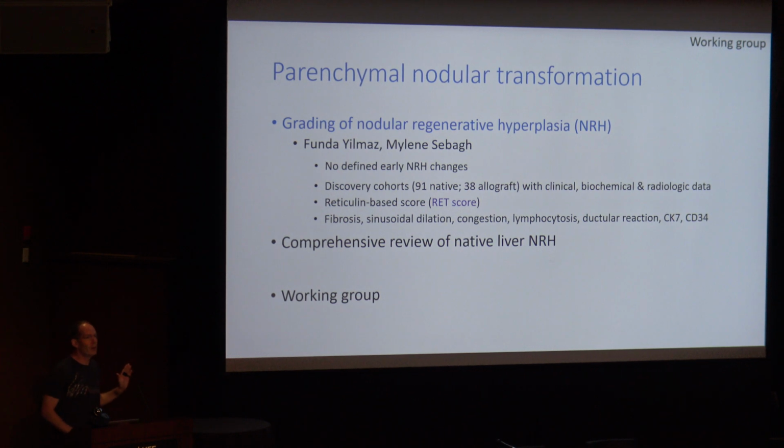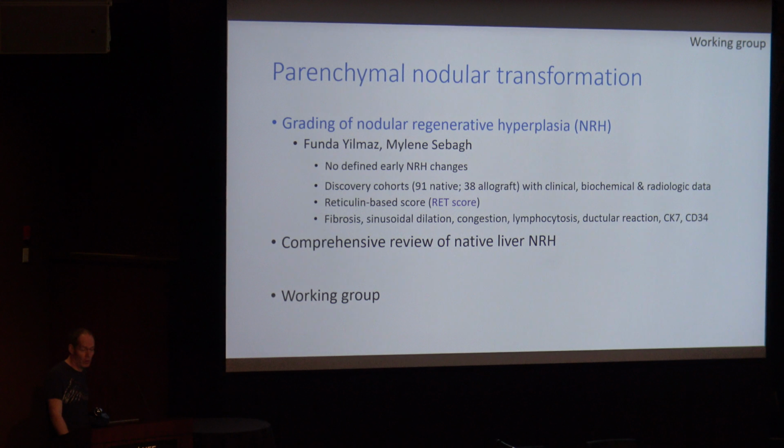liver. As the liver allograft goes for extreme lengths of time, and I'm talking about 2-3 decades now, one of the commoner changes reported, and which we're beginning to see and is likely to become important in these long-term survivors, is nodular regenerative hyperplasia. But there's not a lot of definition, there's not a lot of recognition of the pathogenesis of this process, the contribution of potential alloimmunity for pruning the vascular tree and leaving the rest of the liver to become nodular as a compensatory hypertrophy. So Fundi Yilmaz and Milen Sivak have been doing work together and individually on different cohorts, and